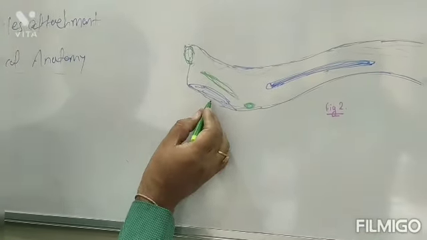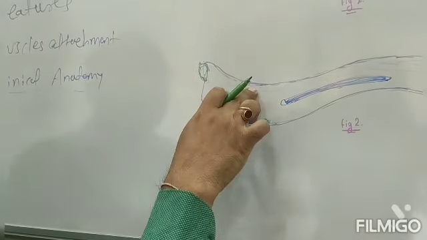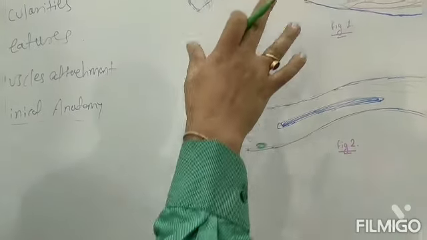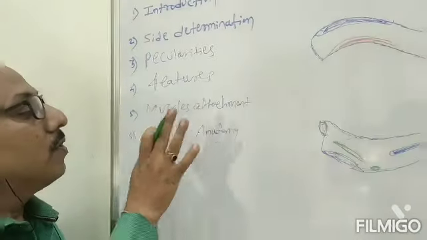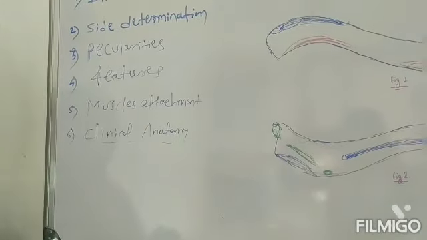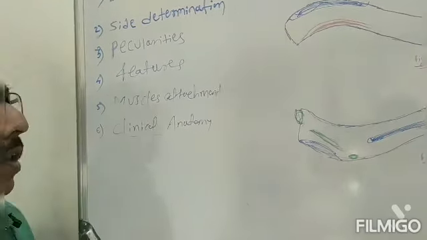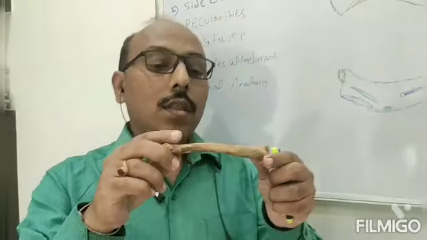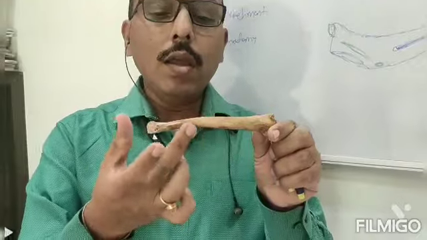Again here you can see the trapezius, and here you can see this red part is the origin of the deltoid. Okay, in this way we can see the attachments. And lastly, the clinical anatomy, which is the most important part of every bone. In case of the clavicle, it is very important to see that the clavicle has curvatures, medial 2/3 and lateral.